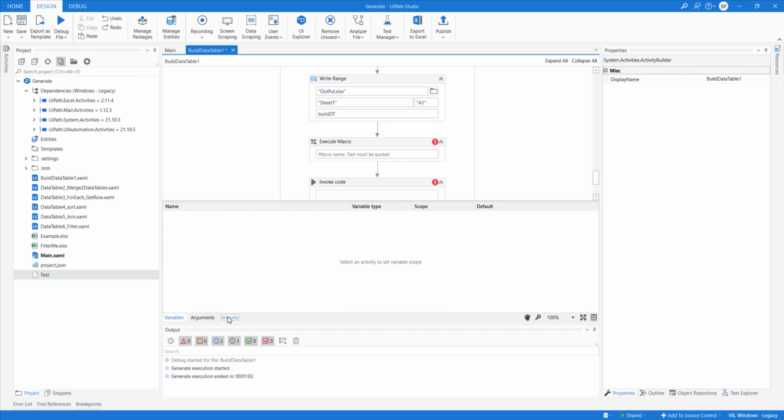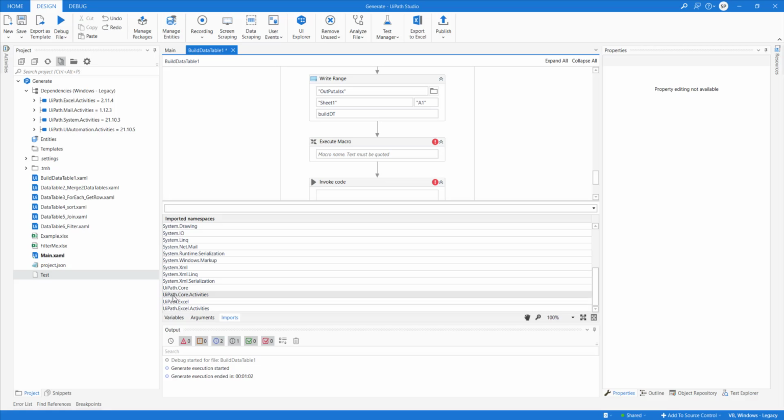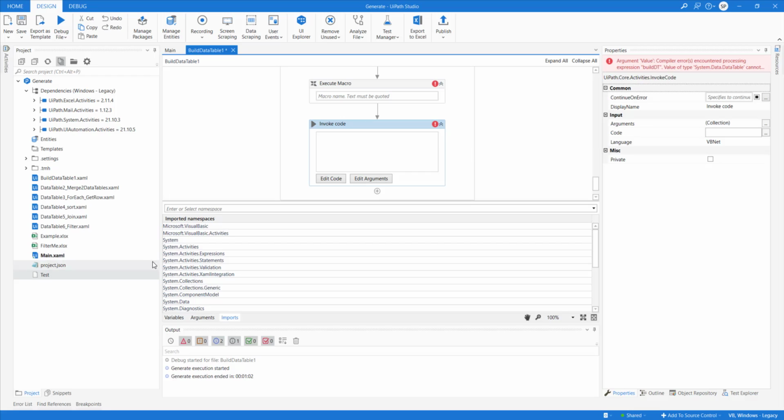The reason being it's a .NET platform. All of these namespaces are already available: System.Data, System.IO, System.Linq, System.Net, and all those things. I don't think we need more than these. If you require some other DLL, you can import it. You can search, and you should also be able to create your own. All of these are available as imported namespaces, so you don't even need to import System, System.Activities, System.Data, System.IO. These are available by default.